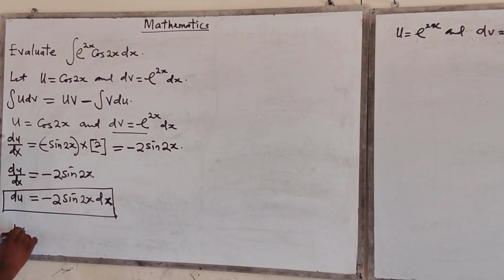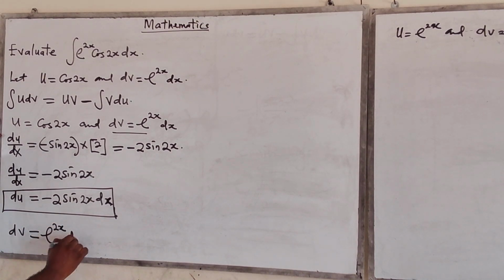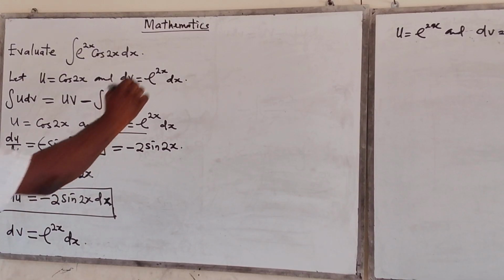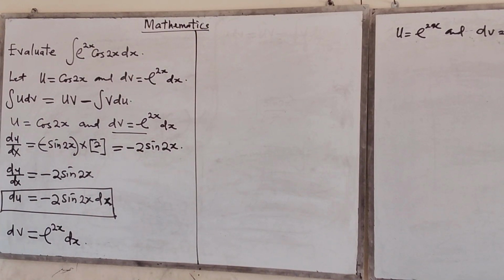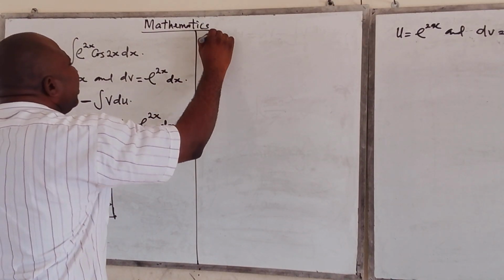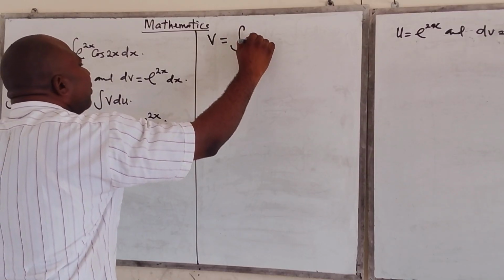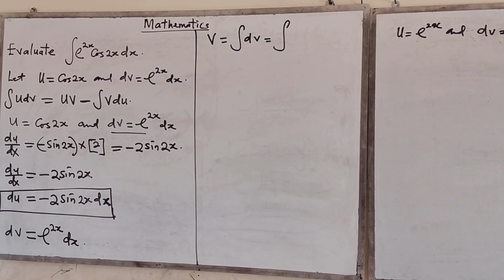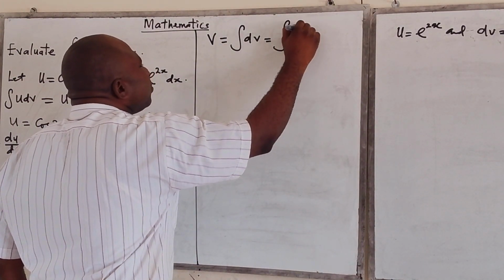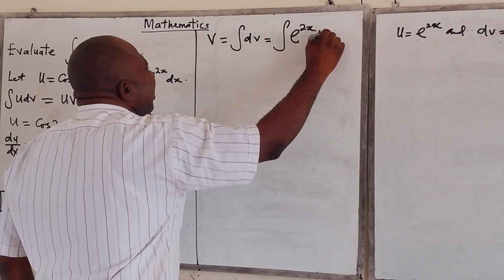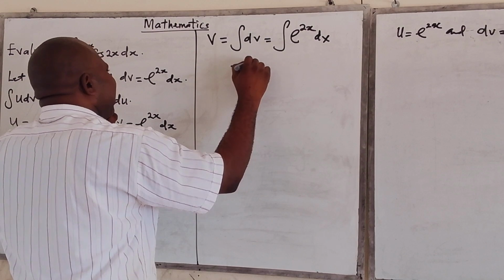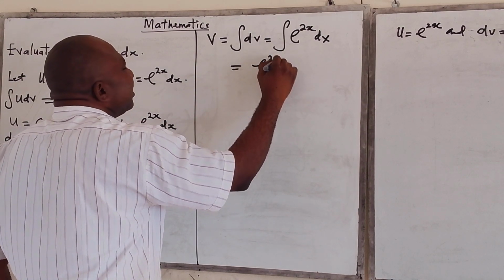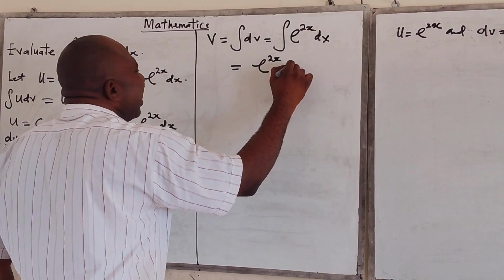Now, dv is equal to e raised to the power of 2x dx. Now that we have the value of our dv, our v will be the integral of dv. It means we are integrating e raised to the power of 2x dx. And when you integrate e power 2x, it gives e raised to the power of 2x, times